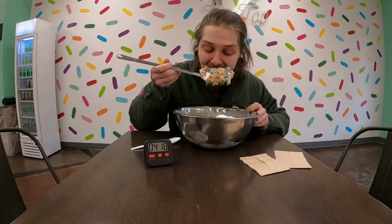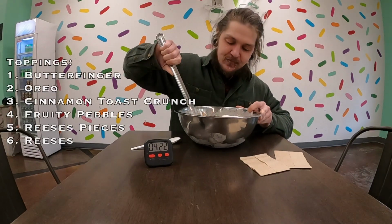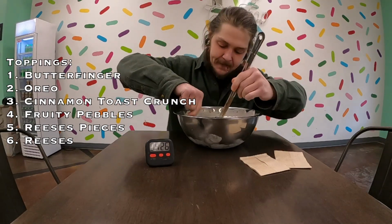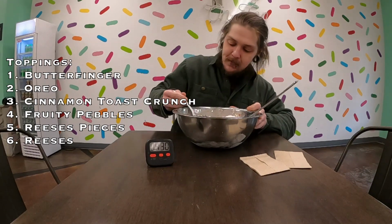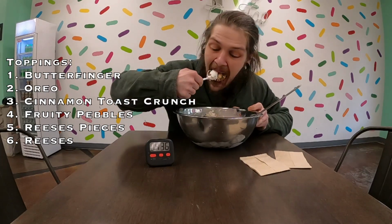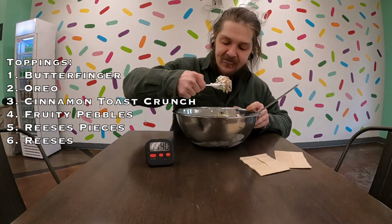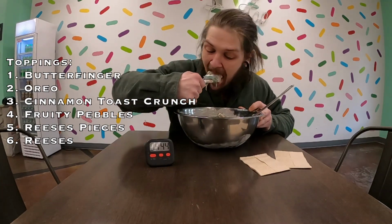And the same goes for the toppings. I had 6 topping choices, so I went with Reese's Cups and Reese's Pieces, and Butterfingers, because it might be easier with the small. I gotta have the trifecta of chocolate peanut butter. And then I also had some Oreo crumbles and then Cinnamon Toast Crunch and Fruity Pebbles. The Cinnamon Toast Crunch, probably my favorite because it was just crunchy and cinnamony enough to add some extra flavor